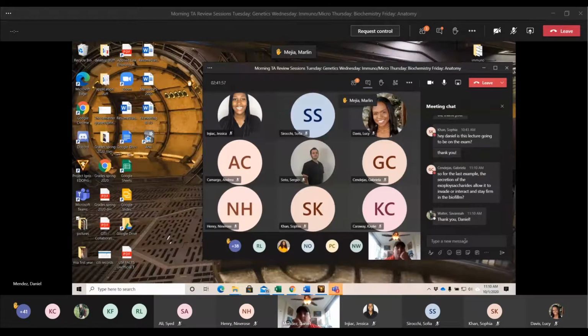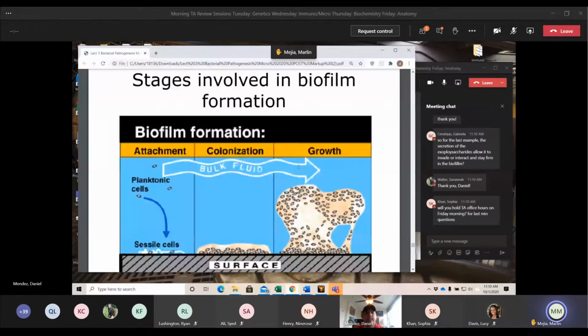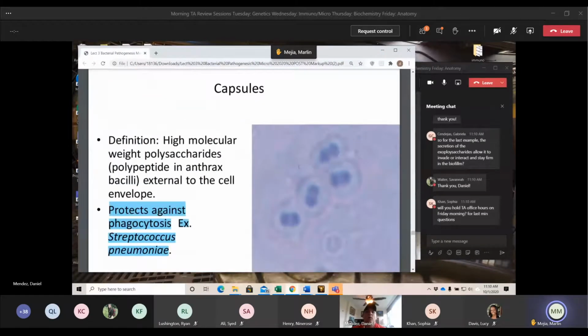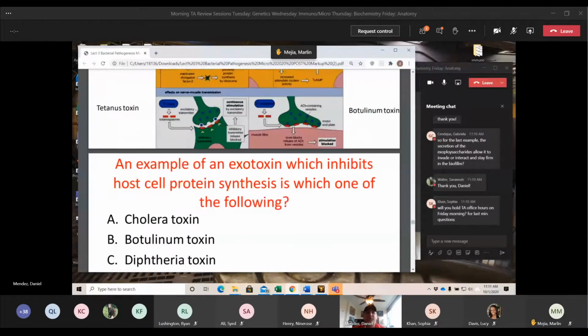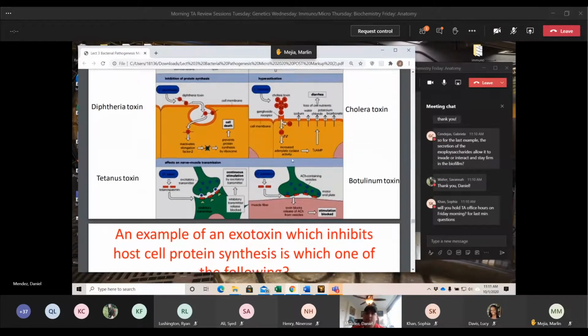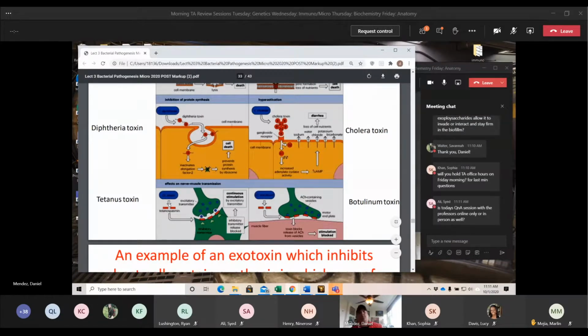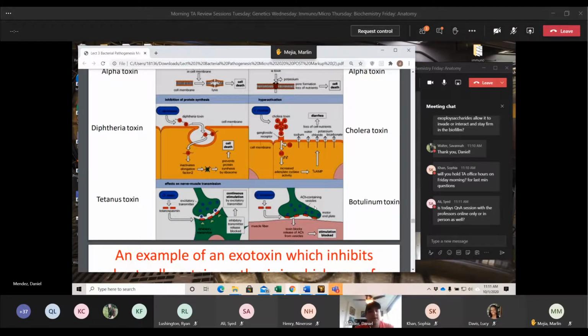Did you go over the botulinum toxin? I'm a little confused on whether it's the actual A and B toxin. So with tetanus and botulinum, we don't refer to them as A and B because they are neurotoxins. The only ones we're concerned about with A and B are C. perfringens and Staph aureus, both of those being the A toxin, and then diphtheria and cholera having the A and B. So with tetanus and botulinum, we're not really too concerned whether it's A or B. What we're more concerned with is that it is a neurotransmitter toxin. Does that answer your question? Yes, it does. Thank you so much.